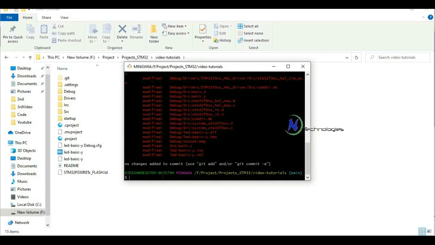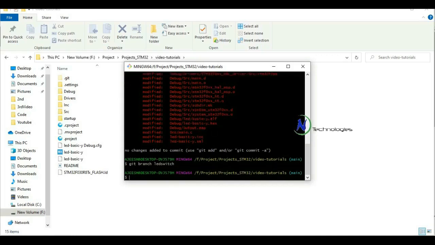So I'm going to create a new branch in our repo using the git branch command, and we will give the branch name also. Okay, so I gave the branch name as LED switch. So I'm going to check out the current branch.